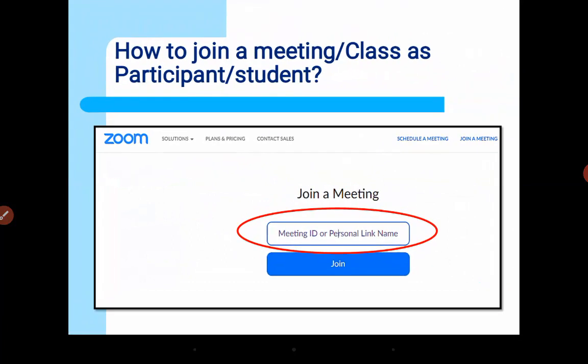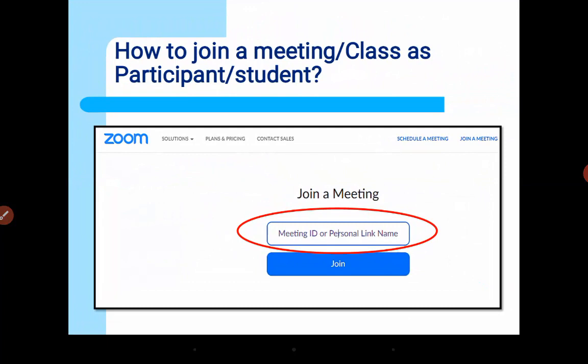How to join a meeting or class as a participant or student. When the teacher schedules a meeting, the meeting information will be shared with you, which contains the meeting ID or personal link and password.